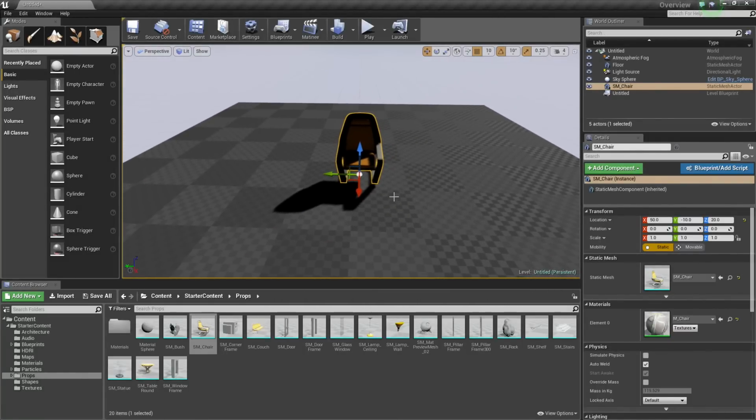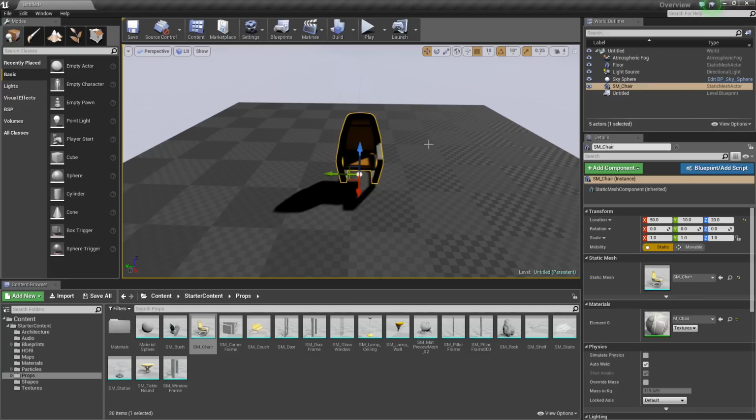And you can see that we have this little blue, green, and red widget here in the middle of our chair here, and this is the move tool. This allows you to move objects around in the scene. By default, it should be there. If you do not see this gizmo, you can press the W key on your keyboard to jump to it. For example, if you were in rotate or scale, you can press W to jump back to the move tool, or you can press the icon at the top of the viewport here.